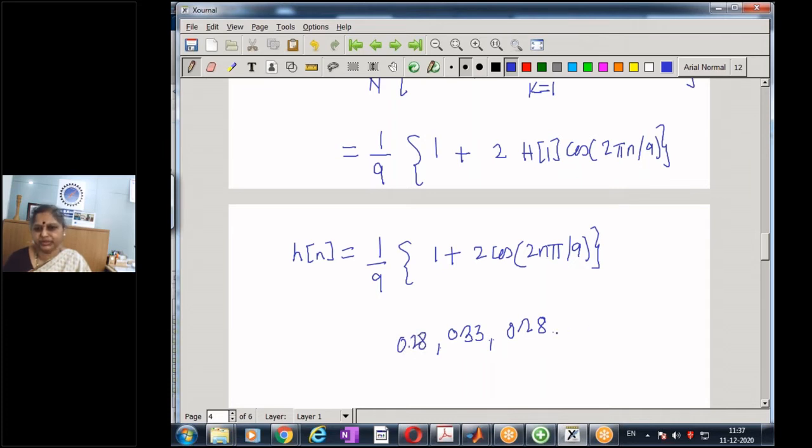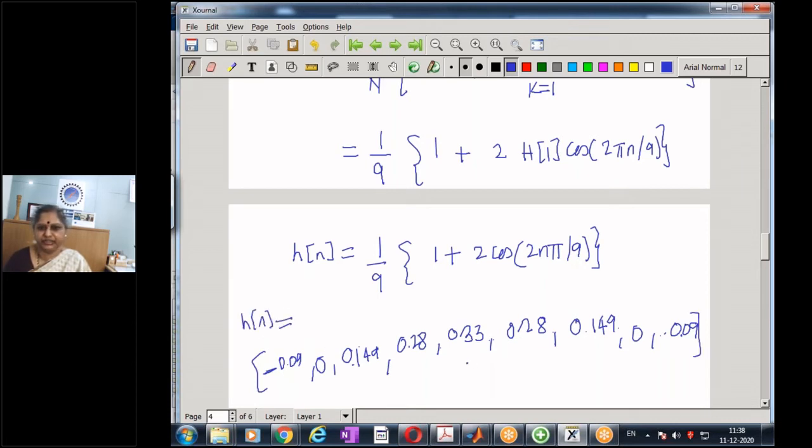It is going to be even symmetric. And then 0.149 and 0.149, and then a 0, and then a minus 0.09, minus 0.09. And this is my h of n